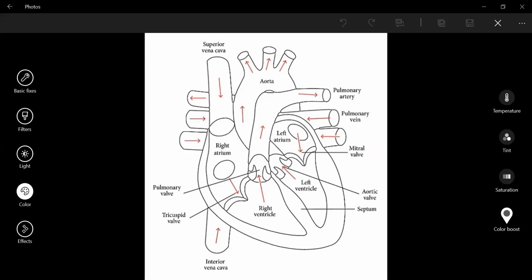So arteries are vessels which carry blood away from the heart to various organs of the body. Since the blood emerges from the heart under high pressure, the arteries have thick elastic walls. Veins collect the blood from different organs and bring it back to the heart. They do not need thick walls because the blood is no longer under pressure. Instead, they have valves that ensure the blood flows only in one direction.